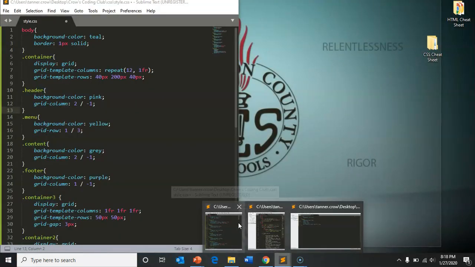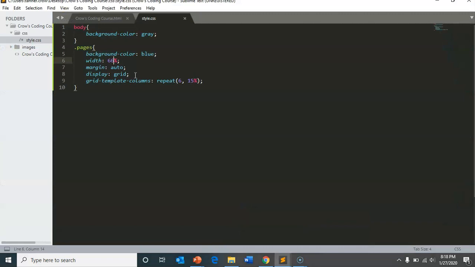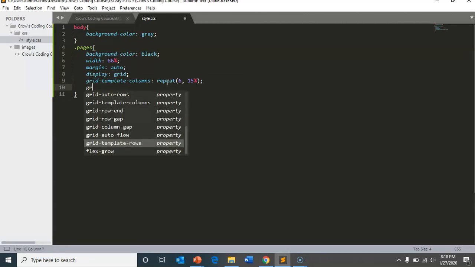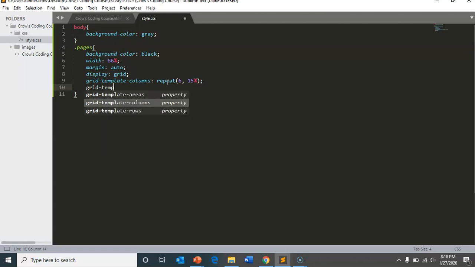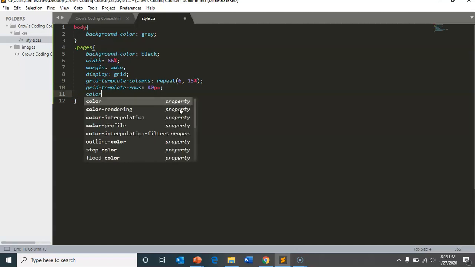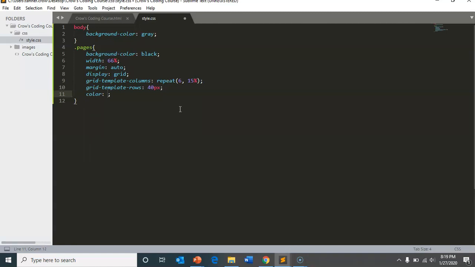So I'm not sure I like the blue. Let's go ahead and make this black, and we're gonna have our grid template rows. Let's have them 40 pixels. By, we can just have the color of the font be white. That way